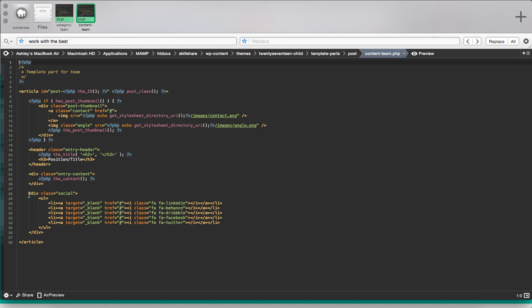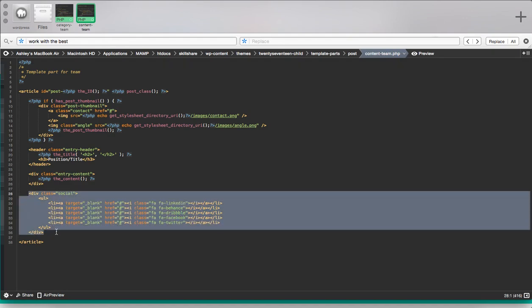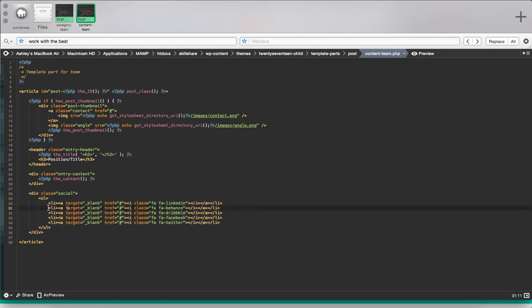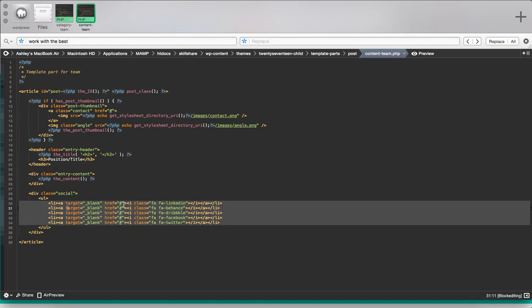Right now you'll see in this template part I have a section for social. We need to add advanced custom fields to this section. The first element we're going to edit is the link, and this is where we have entered our links in the admin. So I'm going to delete the blank link, and we'll start by doing an open bracket, your PHP, the_field,